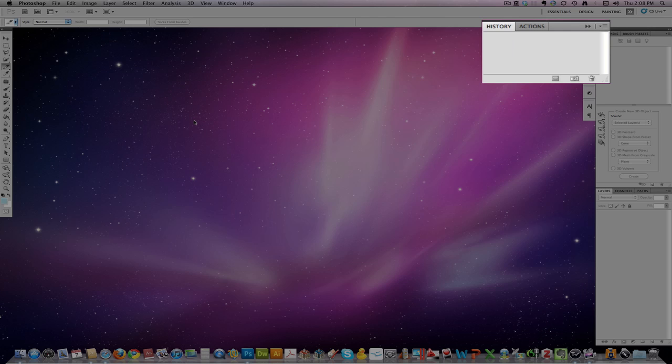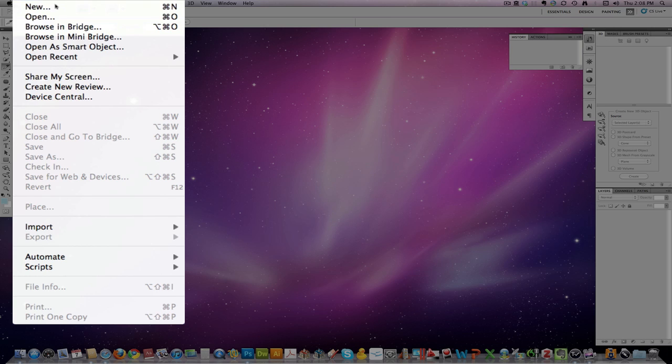Okay, so we're going to go over and create our layouts for our web pages. To start with, we're going to go into Photoshop and create some new documents to generate the pages from. So up in File and New,